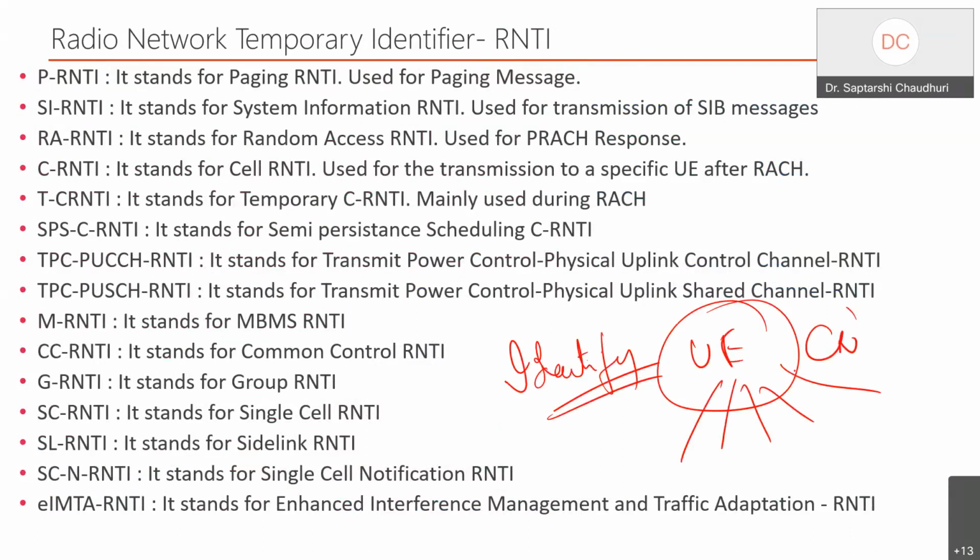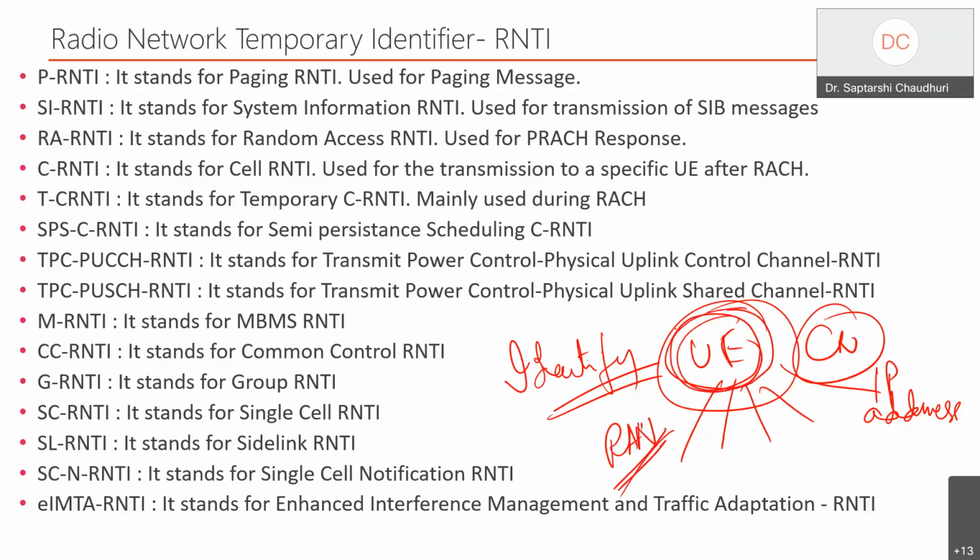The core network identifies it with one IP address, which we don't call an RNTI, by the way, but that is not part of this. But when this UE gets into the RAN space, the radio access network space, his procedures need to be identified segregatedly.